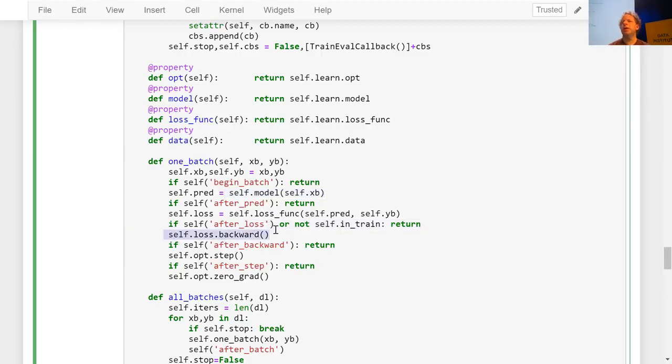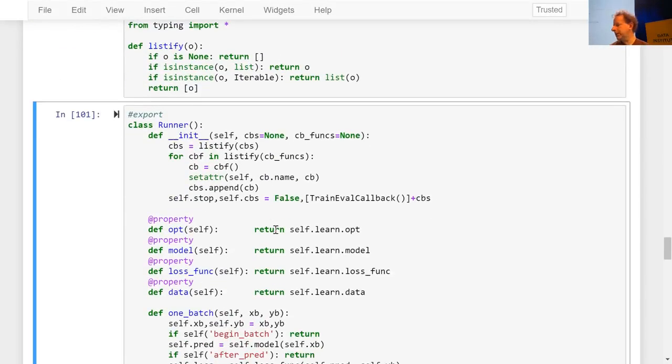Okay? So hooks, PyTorch hooks, are callbacks that you can add to specific PyTorch modules. And we're going to see them very shortly. Well, it might be next class. We'll see how we go. Okay, so